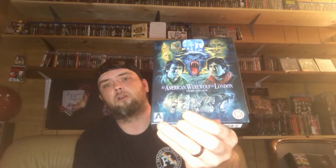Double-sided poster, nice book, a very good detailed book, and the special features on this thing. If you have just the regular released Blu-ray or that steelbook that they came out with, the regular studio pressings, those are great, and that's all good. But I'm telling you, if you want the ultimate fan edition of going behind the scenes, interviews, the special features on here is loaded, guys. And as An American Werewolf in London,